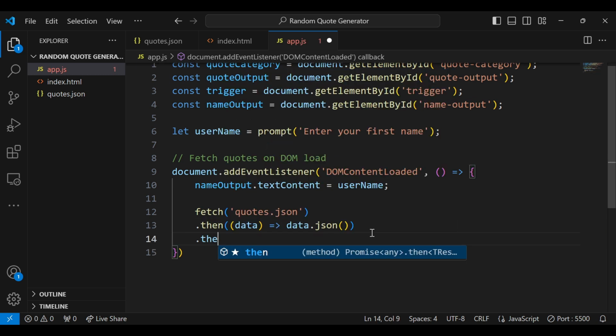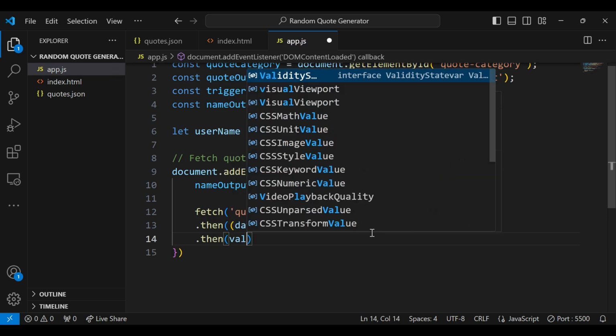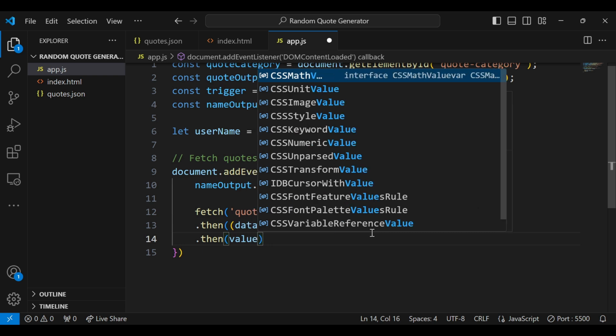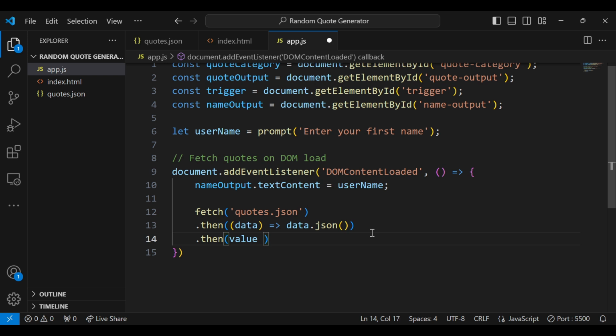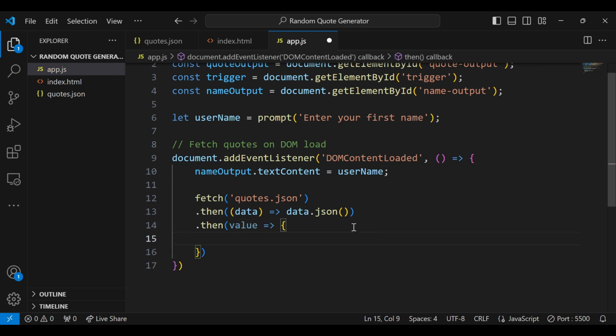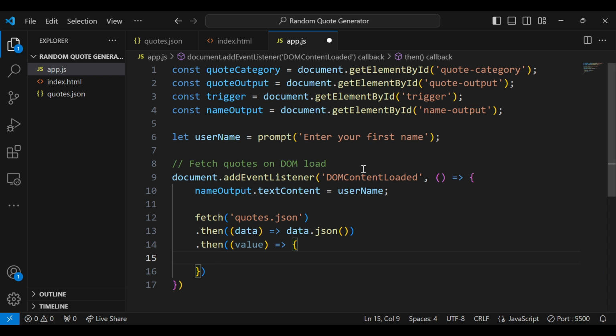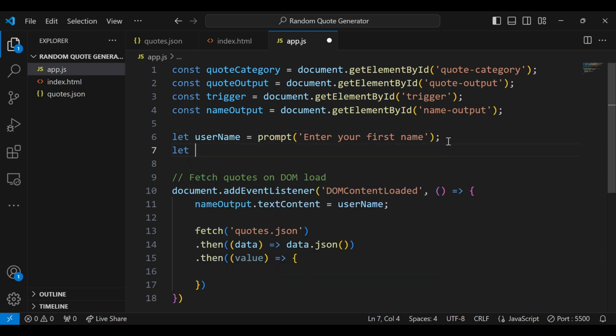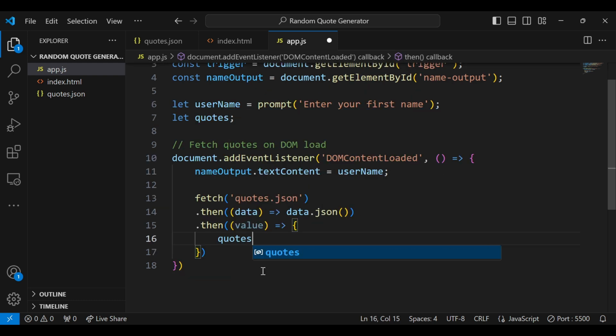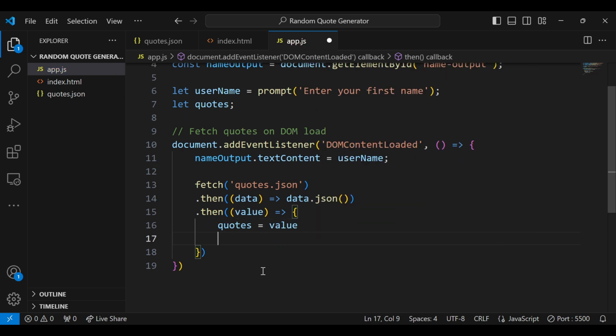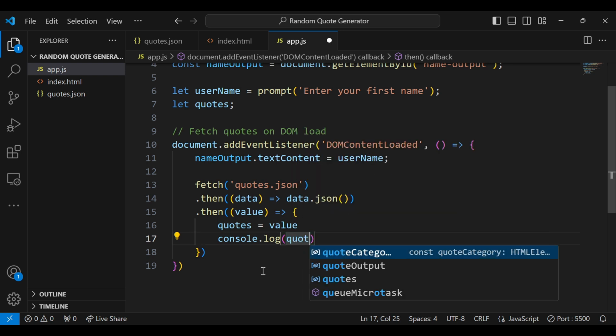Then we're going to call another dot then, and we're going to get the value. I'm just going to put another bracket in here. So what do we want to do with the value? We want to set our quotes to the value. So I'm going to define a variable here and say let quotes, and here we are going to set quotes equals to value. So if I log quotes on the console,